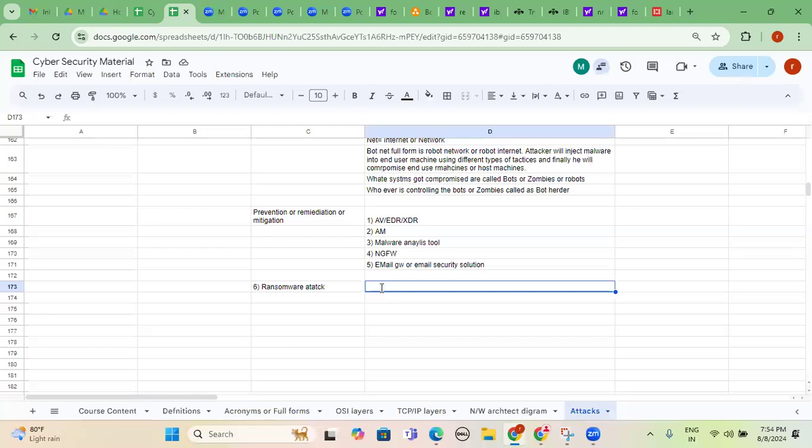So now it is a malicious software program code.